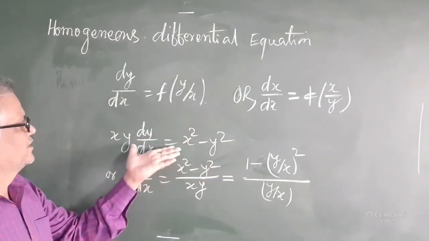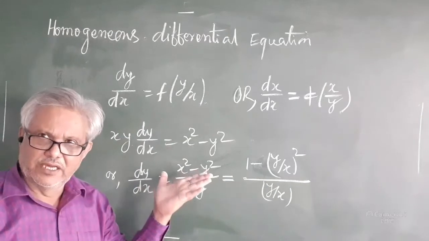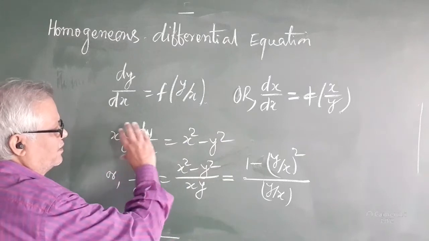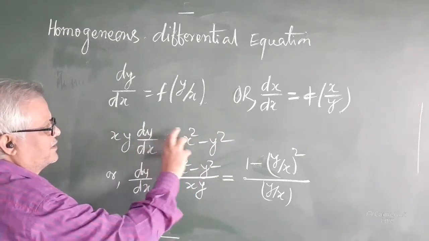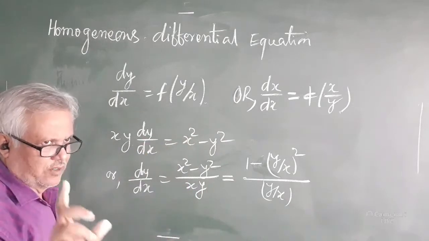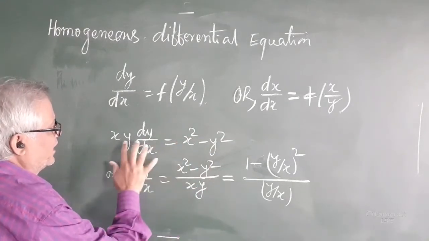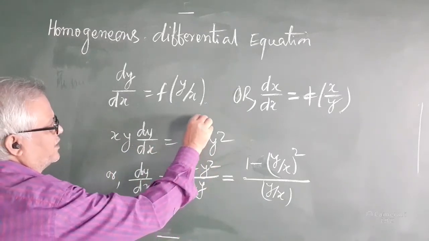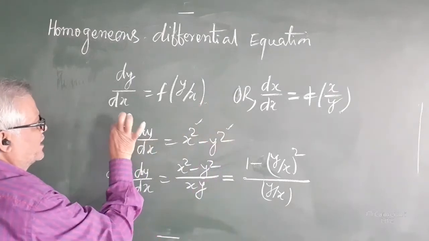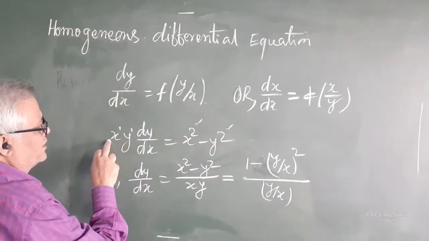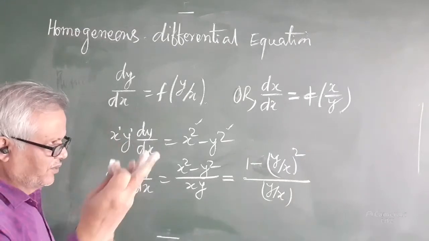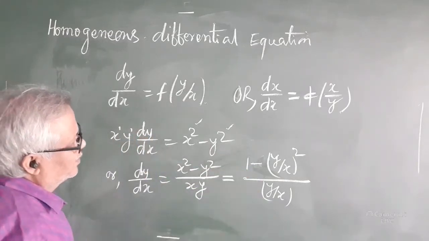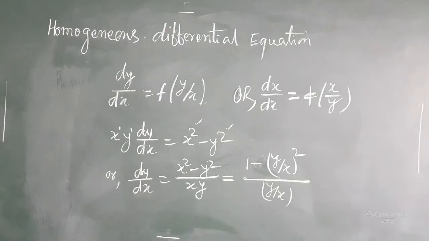So such a differential equation is a homogeneous differential equation, and directly from here also we can understand whether this is a homogeneous differential equation or not. We look into the number of terms. There are 3 terms, one here, second and third. Each term is of degree 2. Here x and y are of degree 1 and 1, since it is in the form of a product. In the case of a product, we add the degrees, so it is of degree 2. So such a differential equation is a homogeneous differential equation.